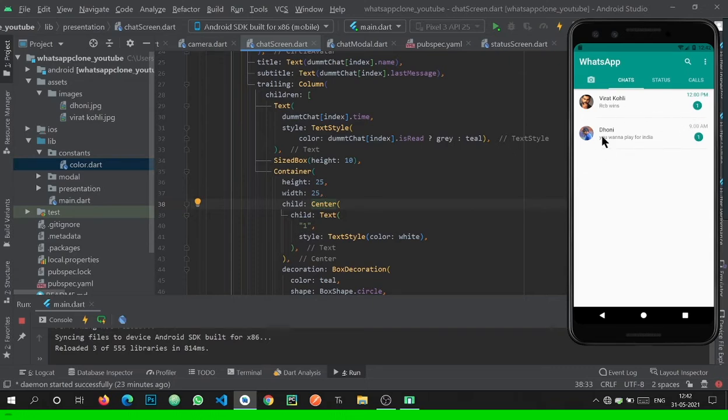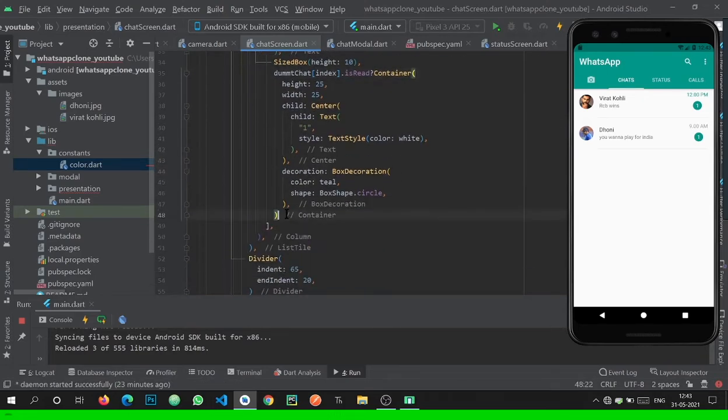Here, we have read Dhoni's message. Then why should Dhoni's message be displayed here? Because we didn't give the operator dummy chat. We didn't give this thing here, so we just want to give that thing here. Dummy chat to read, Control C. If it is true, only then it gets displayed. Otherwise,